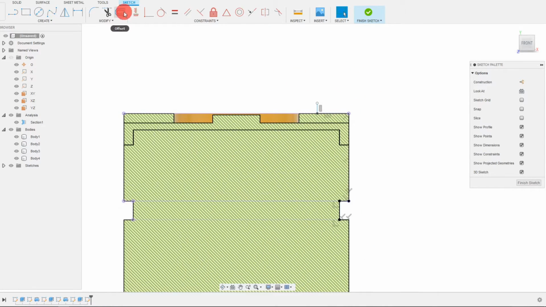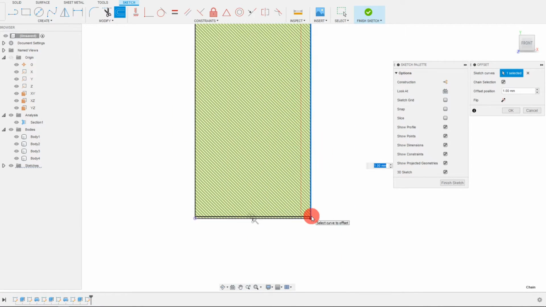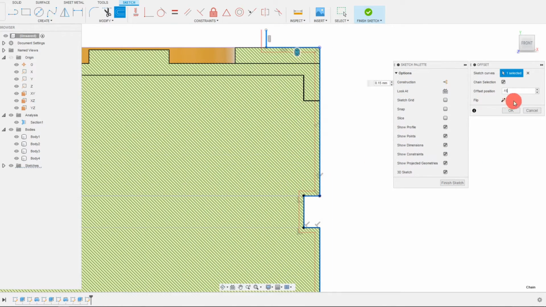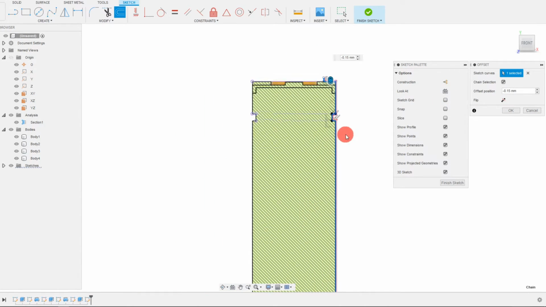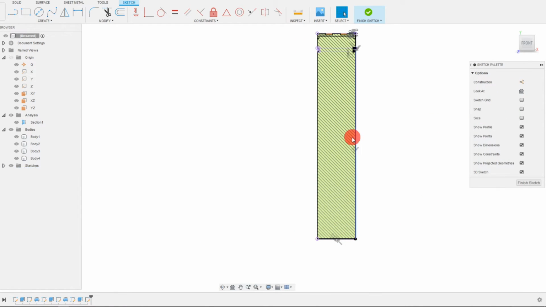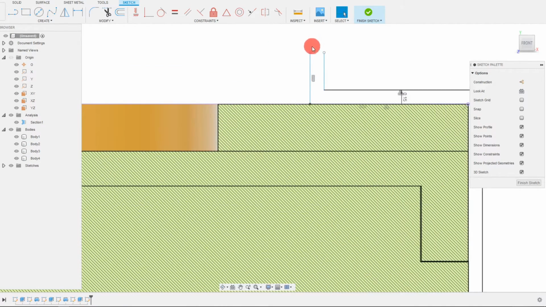So what I'm going to do is I'm going to click on it, and I'm going to select the curves that I want. And you're going to see that it automatically selects some of the curves, not all of them. But if I offset this to 0.15, which is what I want the skin to be, I can hit flip, and then you can see that it actually flips it onto the other side. And once you have that, just hit OK, because you have pretty much what you need, with a few exceptions. So I'm going to close off the sketch here, drag this down, connect these points,